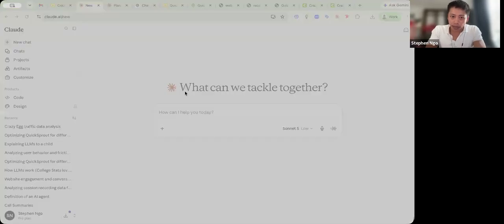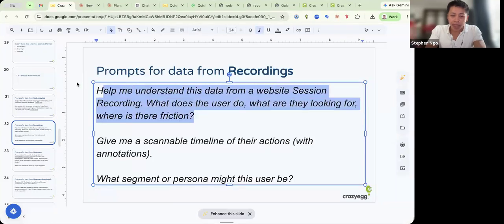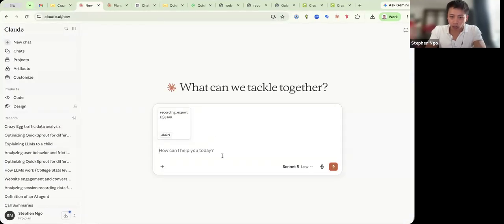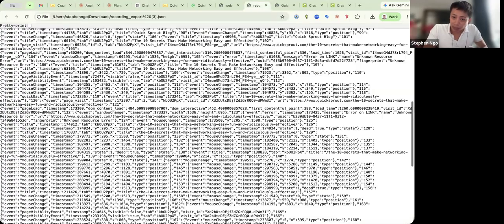When I upload that, let's create a new chat and let's upload the recording example. And I ask it, that's the old one. Okay, help me understand this data from a website session recording. What does the user do? What are they looking for? And where is their friction? And when I ask it, it's able to look in detail,